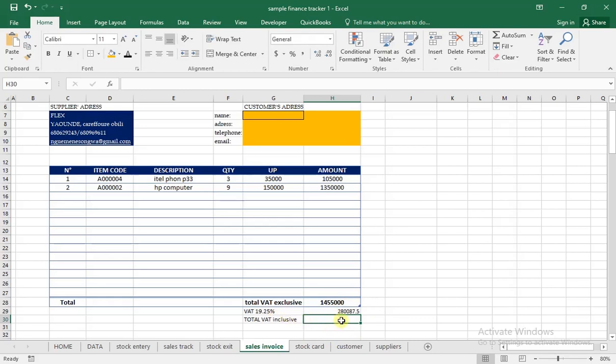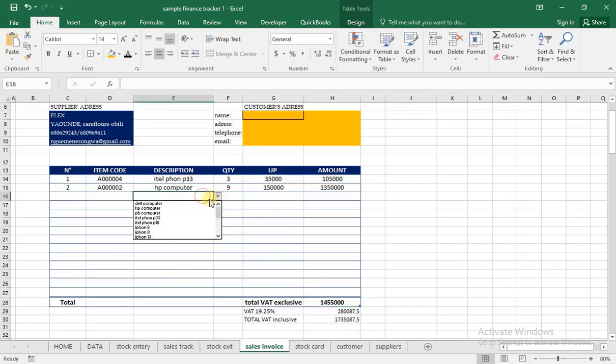And here, VAT tax inclusive is going to be equal to the total without VAT plus the total VAT. We press enter, and this is how our information is going to look. Very cool, very simple. All is done automatically. If I add something here, you will see it is being calculated automatically. If I delete,